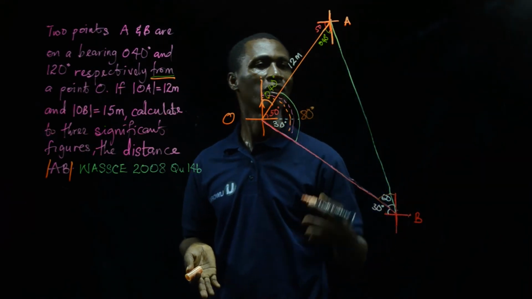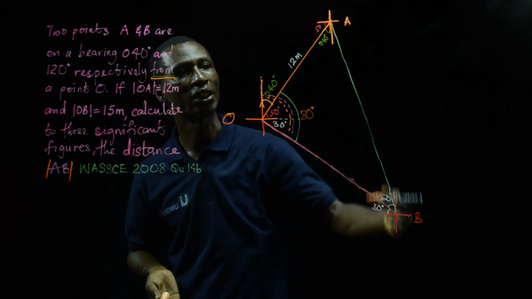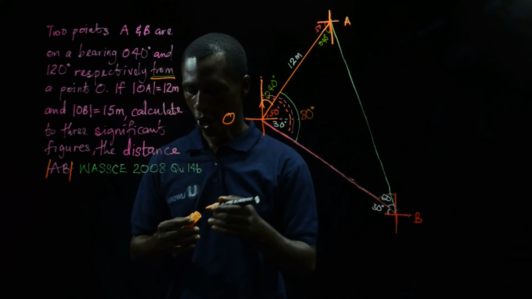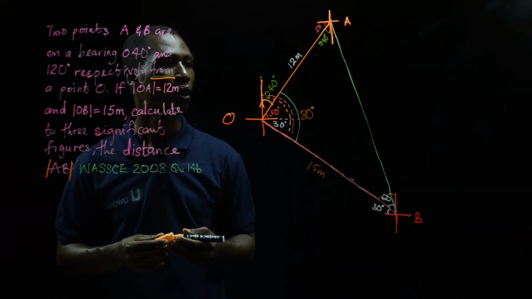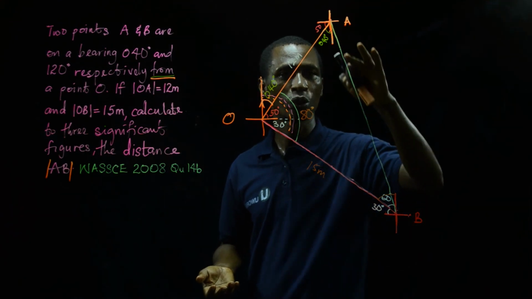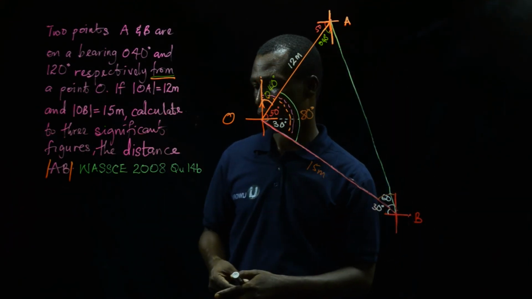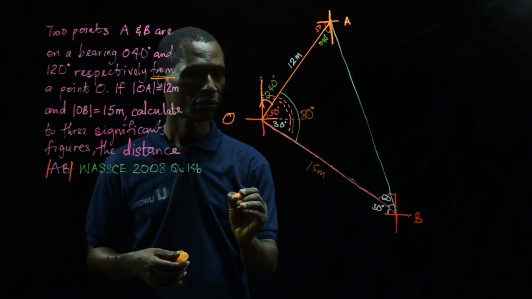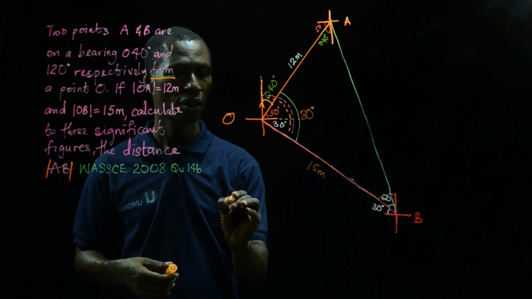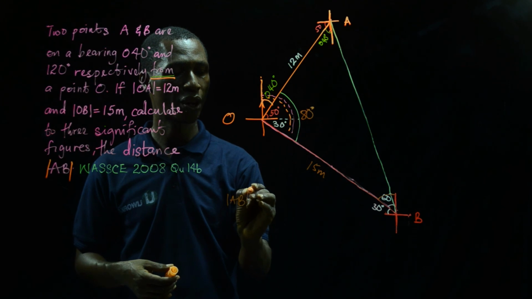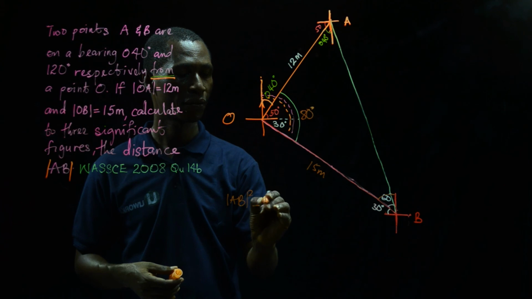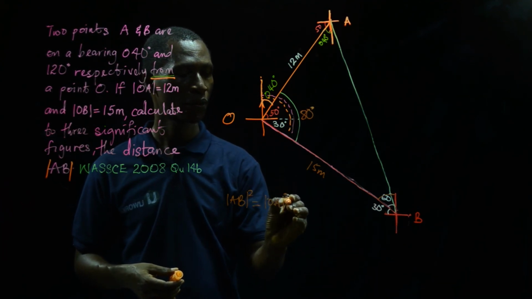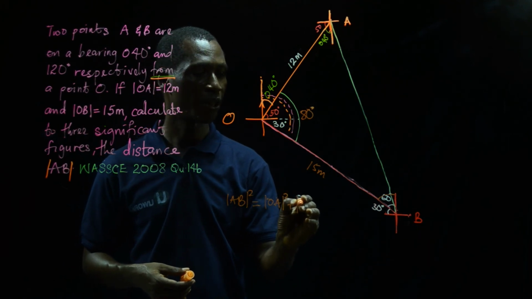But we are not going to work angles. The only thing we have to look for is to calculate the length AB. So we have this section to be 15 meters. So from the law, what we want is AB. So we can put our formula. And the formula reads, the length AB squared must be equal to OA squared plus OB squared